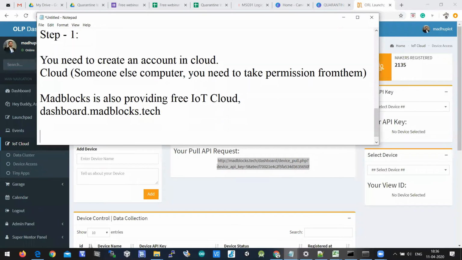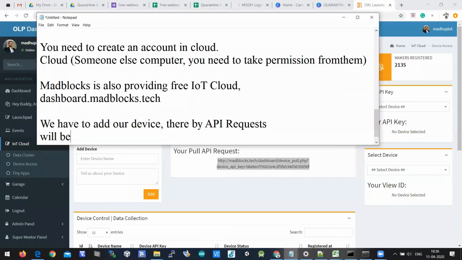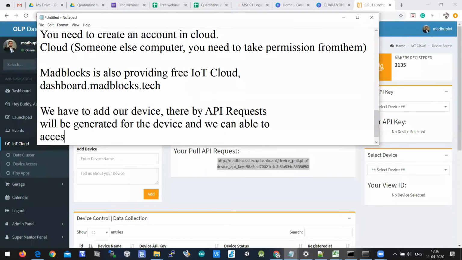And then we have to add our device. Thereby an API request will be generated for the device, and we can access the device from anywhere across the globe.